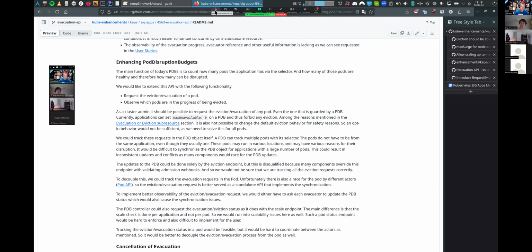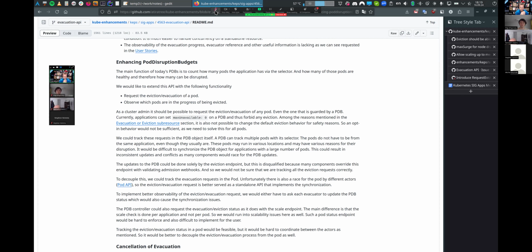I don't see any hands, but my main question in that case is because you walked us through problems and a potential solution, but I'm not 100% sure that I correctly understood. How would you like to address those problems with the PDB changes? I think that's the part that I'm missing.